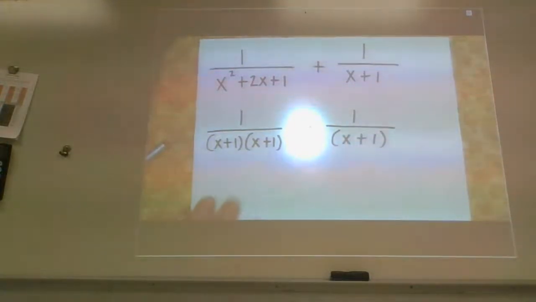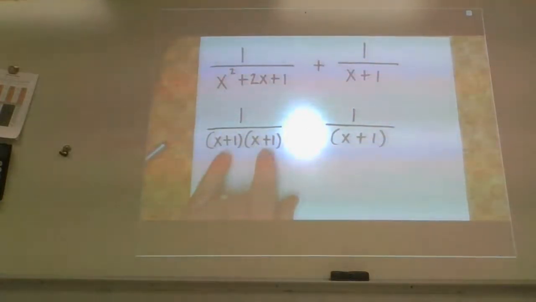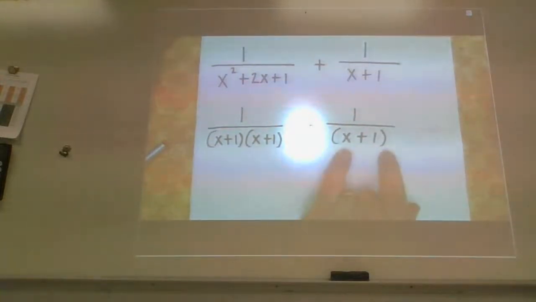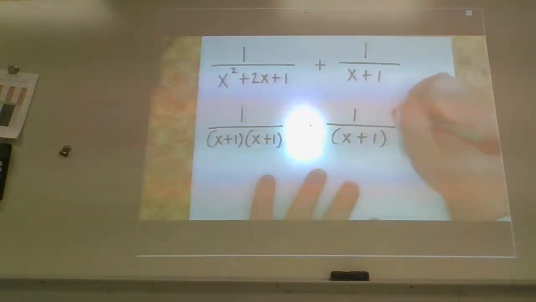Watch what happens when I factor this problem. Look what happens when I factor this problem. No, not necessarily. Watch this. Do you notice that the first fraction, after I factored it, has multiple x plus 1s, right? This one over here does not have the same denominator. What is it missing? The second fraction does not have the same denominator. An additional x plus 1. So check this out. If it's missing an additional x plus 1,